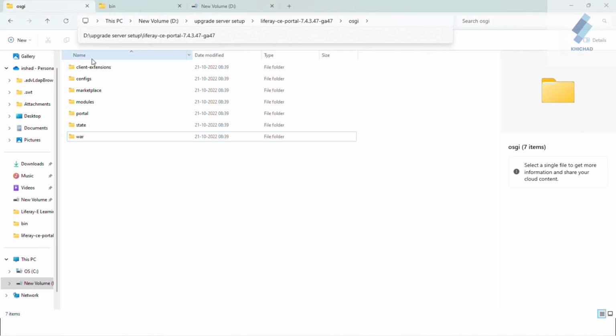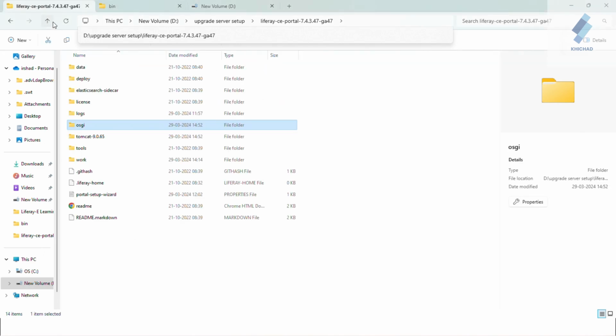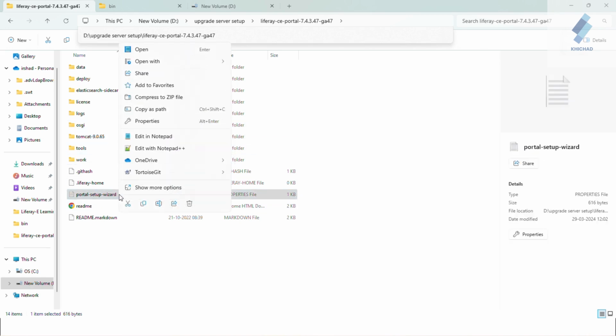So first go to this GA100 home directory of the Liferay server and go to the portal-setup-wizard and click edit.